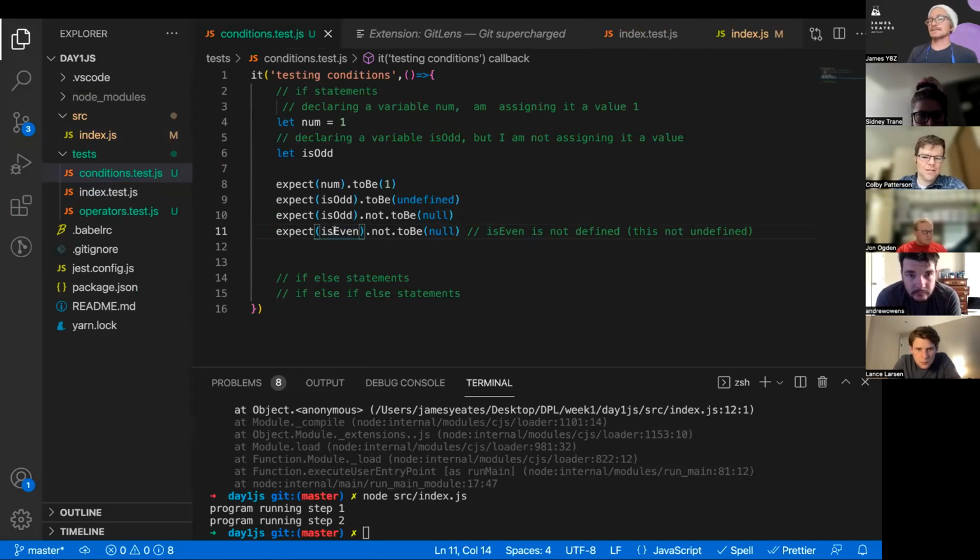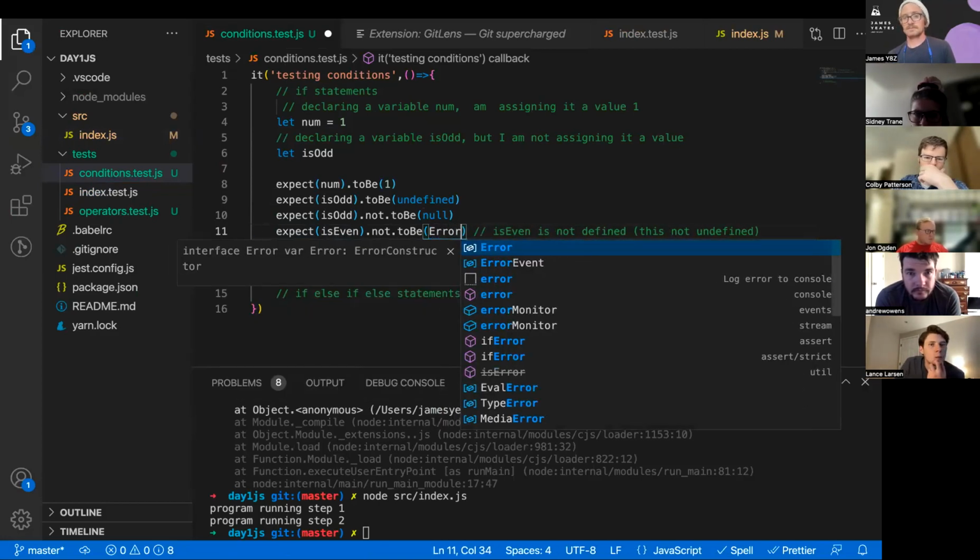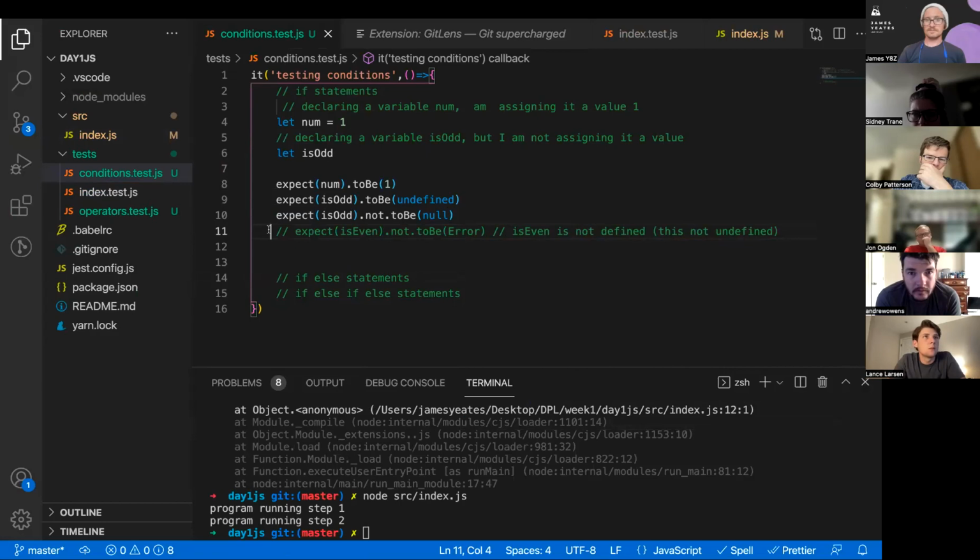You can handle errors and have it not crash, but we can expect this to be an error. So I'm not even going to test that. It's weird because not defined and undefined are different: undefined is an actual value. It's a weird term. And null is